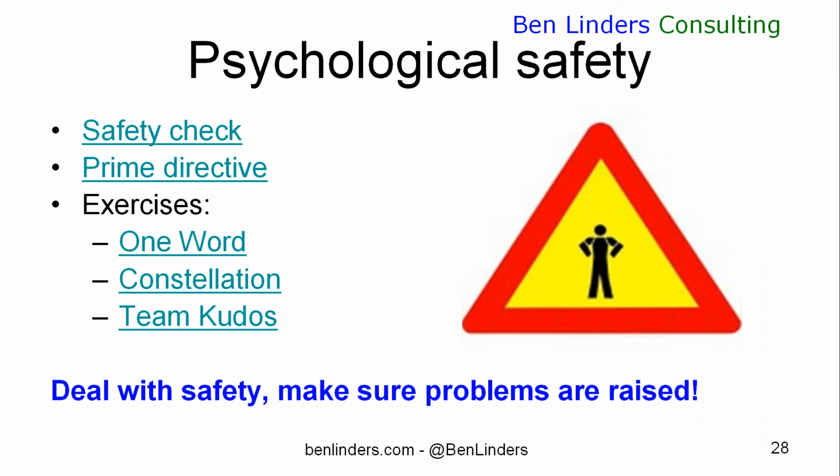A similar thing happens if you use a constellation exercise in your retrospective, where you're asking people not to talk, but just to move based on a couple of questions that you're asking. This is again making people equal. People can move without having to say something. And once they've moved and taken position in the room, that's where you can start a discussion. So that's the kind of stuff that you can use to create psychological safety.